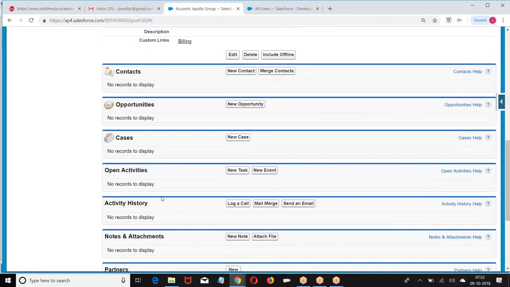Only after the account is saved successfully in the database, I will be able to create a new account team member. That is the reason I have preferred after insert. Right. Now the point is, if you are trying to modify the data which you are inserting, we will go with before. If you are making use of this data, trying to create child records, trying to send an email, I'll prefer to go with after. The set of records which I am trying to insert, if you are trying to modify those group of records, I'll go with before.